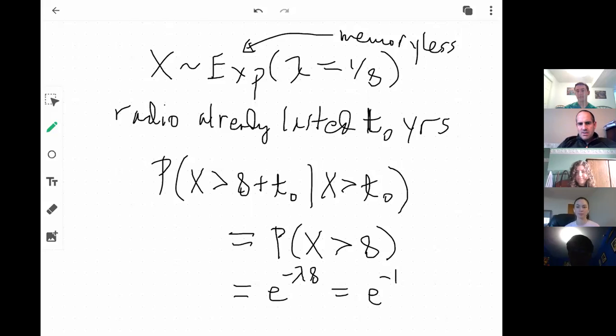But you can see why that would be relevant to accidents, like in the actuarial discipline. They haven't had an accident for 5 years. So what's the probability that they're not going to have an accident for 8 years total? Well, we might as well just start the clock over again. That's just the probability that they're not going to have an accident for at least 3 years. So that sort of thing comes up a fair amount in practice.